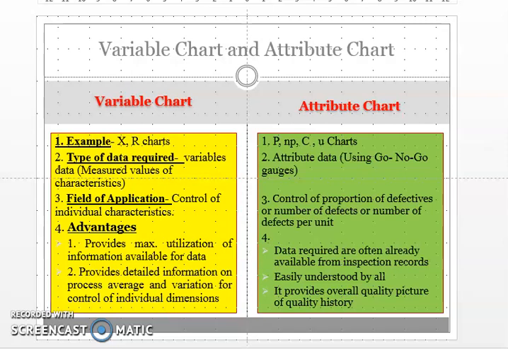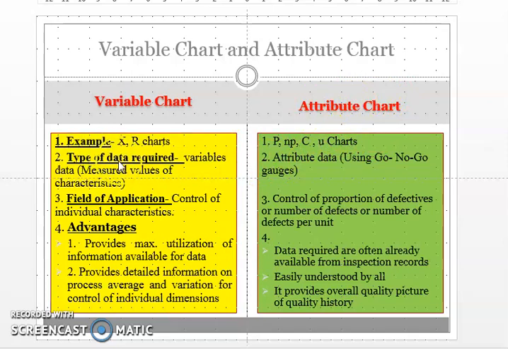They have asked. Now we will discuss one of the important parts, from the exam point of view as well as for a quality control engineer; you should know this. First is the difference between variable chart and attribute chart. The X bar chart and R chart are examples of variable charts, and the P chart, NP chart, C chart, U chart are examples of attribute charts.